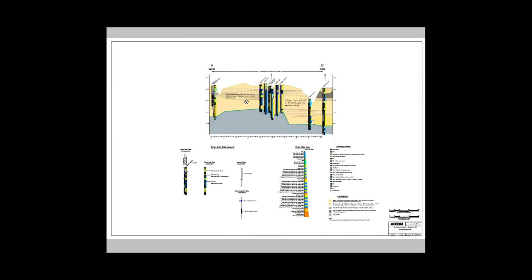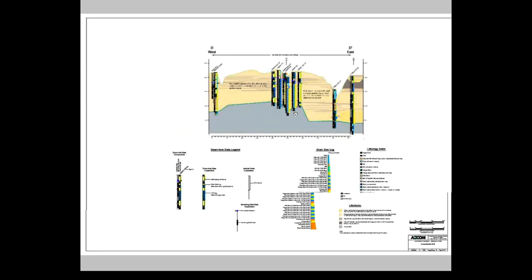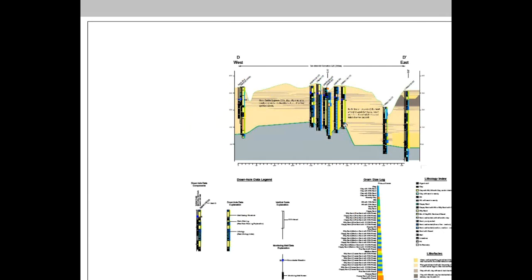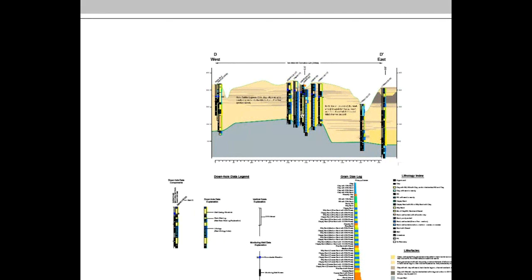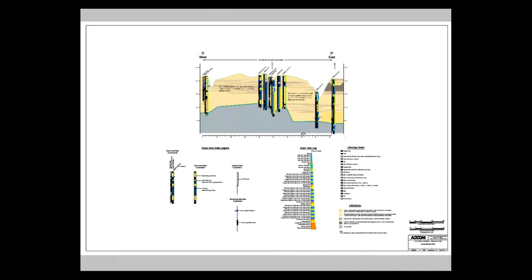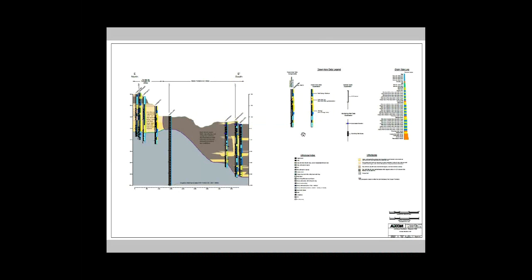Okay, this one's running east-west, and this is pretty much in that back barrier area that's close to the shore face. We can see some scour cut out here in the Cooper Marl, a little sand channel here at the base of it. A lot of little interbeds. This is a pretty interesting one, I think.